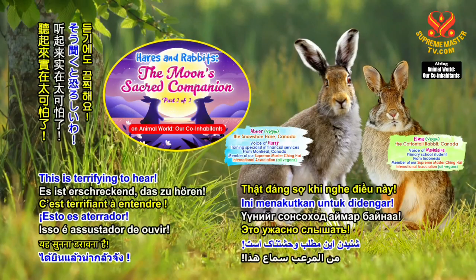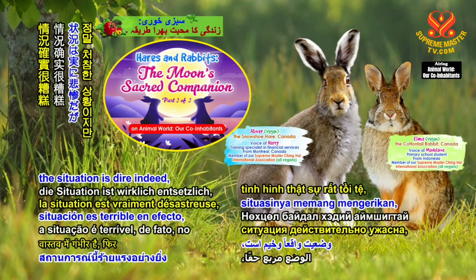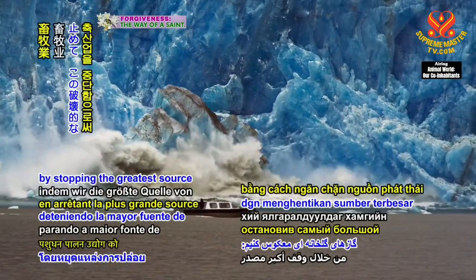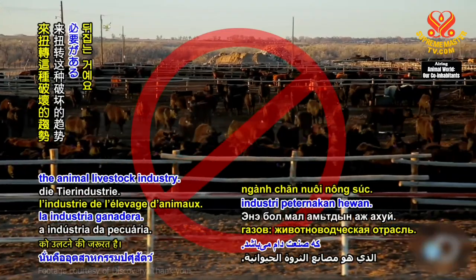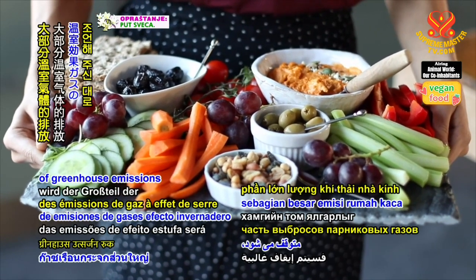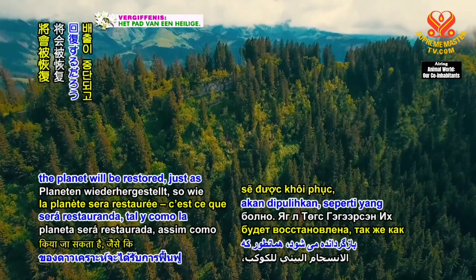This is terrifying to hear. Are there any good solutions to this global problem? Little Elma, the situation is dire indeed, yet the solution is very simple. We need to reverse this destructive trend by stopping the greatest source of greenhouse gas emissions, the animal livestock industry. If our human co-inhabitants switch to the benevolent vegan lifestyle, the majority of greenhouse emissions will be stopped, climate change will be contained, and the ecological harmony of the planet will be restored,